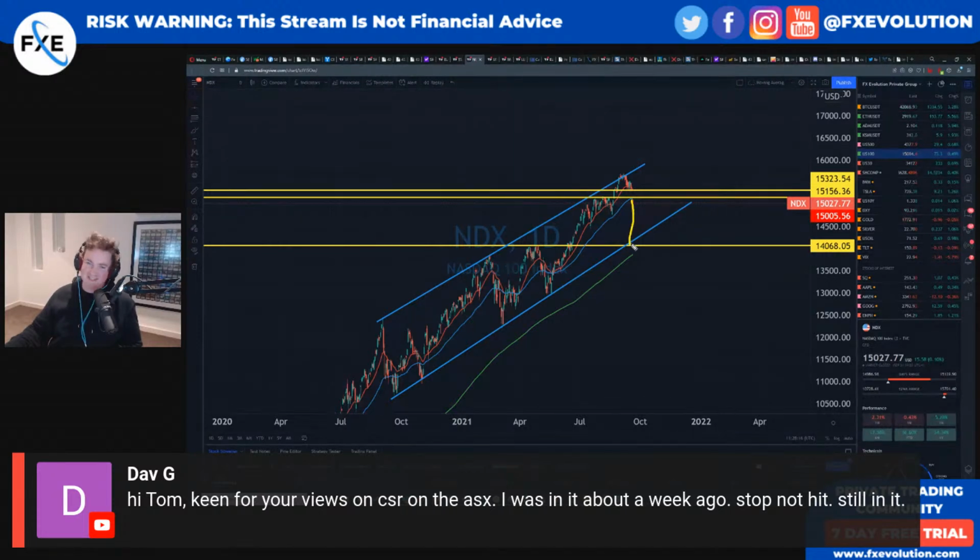Because if it bounced off this and it got down, not only will we be big brain here, but on top of that, if we go back up to the top end of this, it's so beautiful. Imagine if it traded like this for a little while. Predictability plus. We could use options. We could do everything.